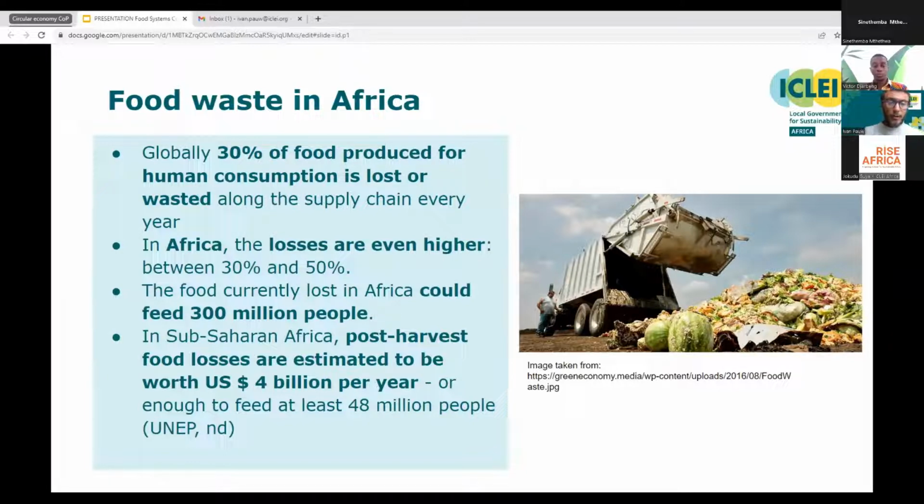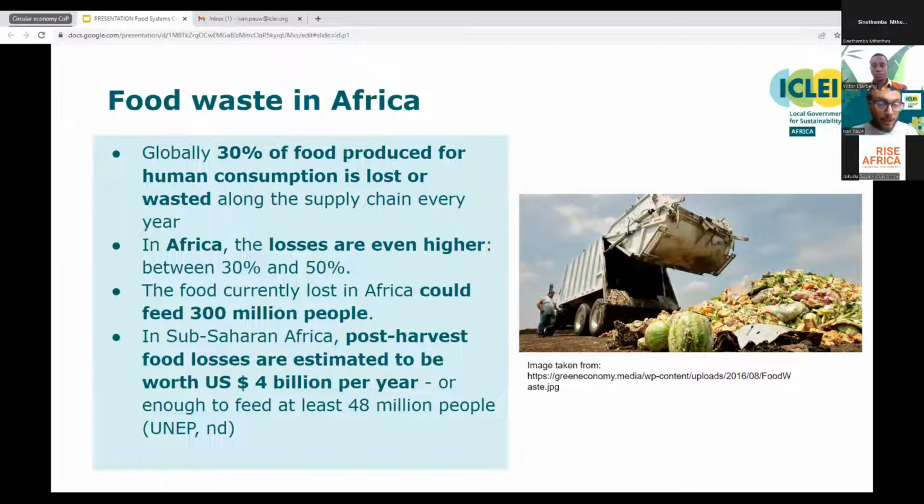The majority of food waste in African countries occurs at levels further down the value chain. Production obviously being a major contributor to food waste and food loss resulting from inadequate post-harvest strategies. But then there's also this element of the impact of the linear flow of resources and lack of infrastructure, such as storage facilities and cold chains, which leads to large amounts of food waste.